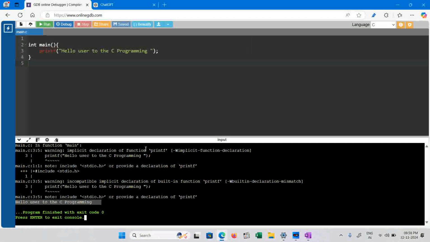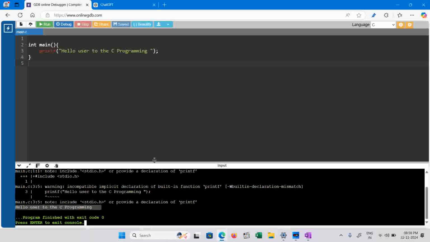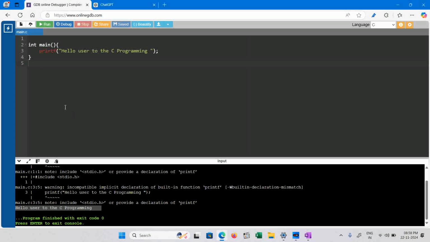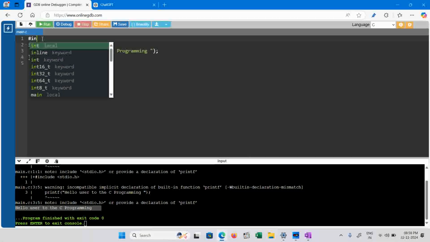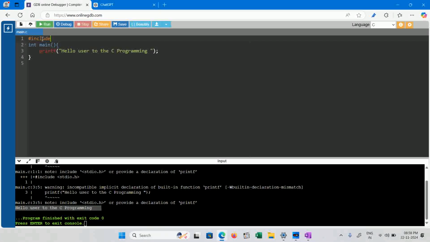Right. So the right way to execute this program, we need to add some library over here. As I told, printf is a part of the standard output function. So for that, we need to use one header file. The keyword we use is #include. Include is the keyword, right? And hash is the preprocessor directive. Remember, we're going to use a library here, stdio.h,